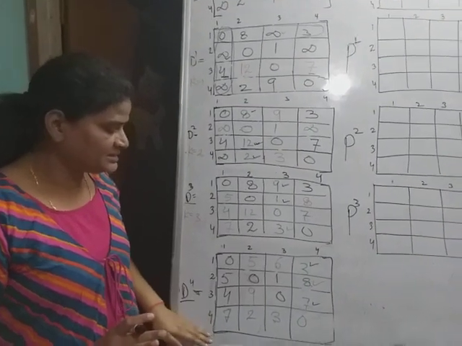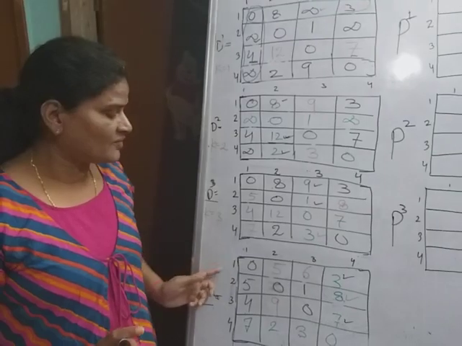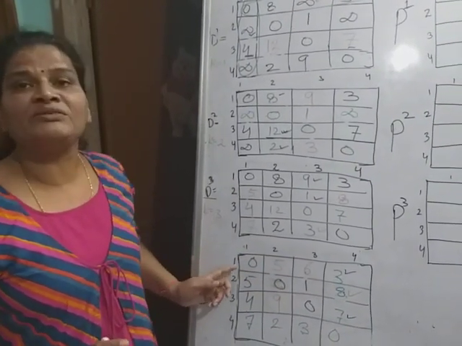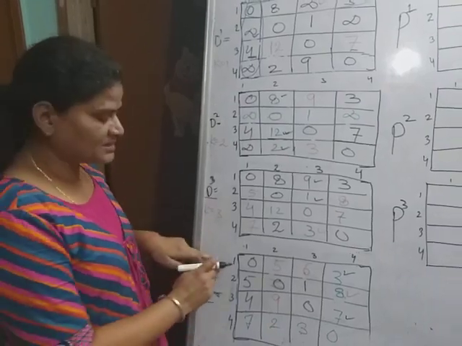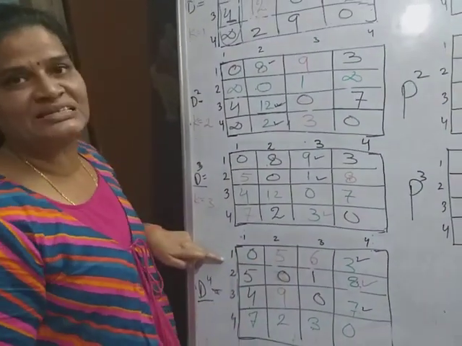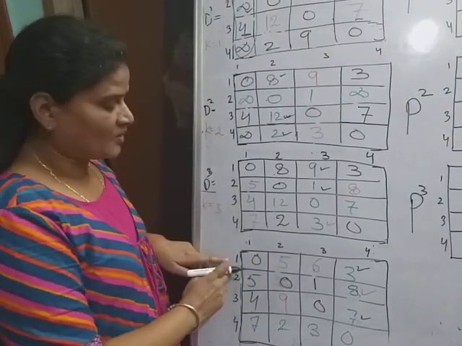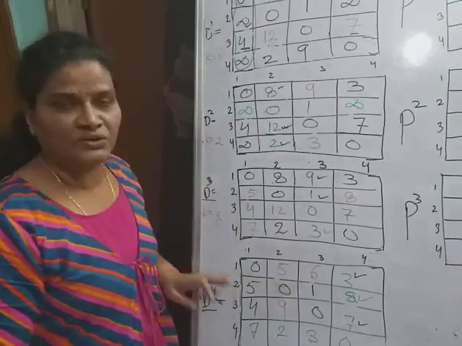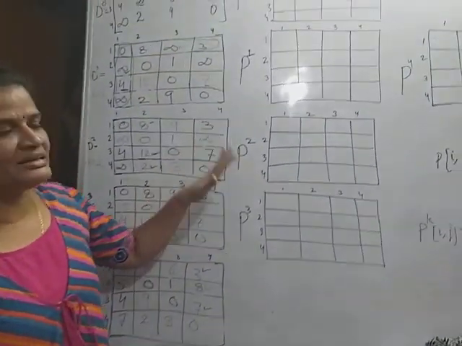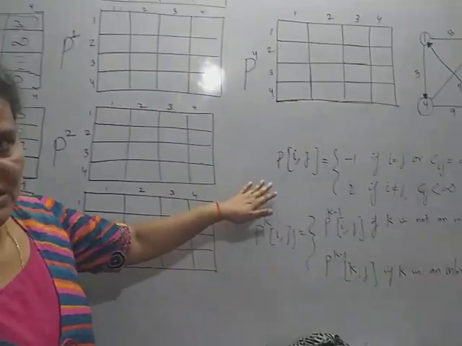Now here it is giving the distance of the shortest path between every pair of vertices, but it is not giving what the shortest path is. Suppose I am considering 1 to 3. The length of the shortest path from 1 to 3 is 6, but it is not telling what the path is. So to generate the shortest path, we generate the path matrix, and the path matrix is updated according to this equation.